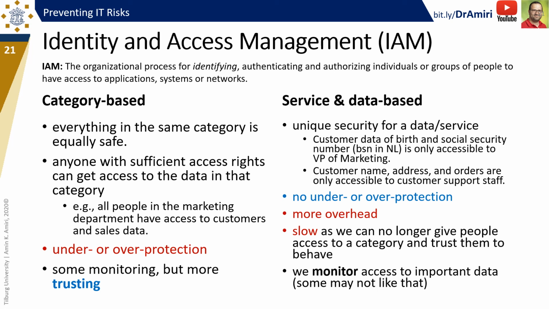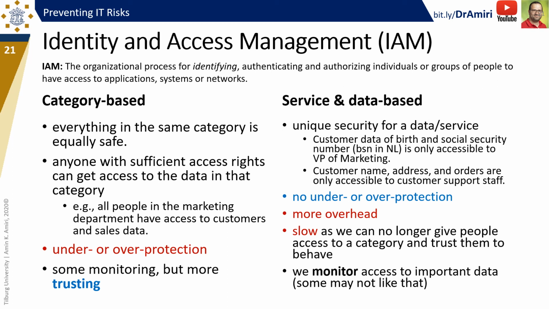So for example, customer data such as date of birth and social security numbers, which is equivalent to BSN in Netherlands, is only accessible to the VP of marketing, or customer name, address, and orders are only accessible to customer support staff. As you can see here, we specify which data point or which service can be accessed by whom